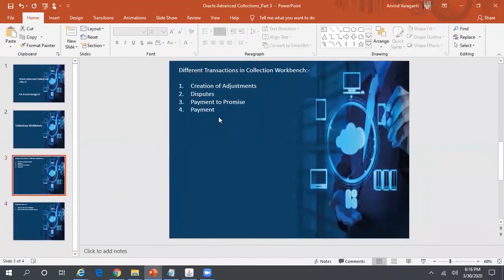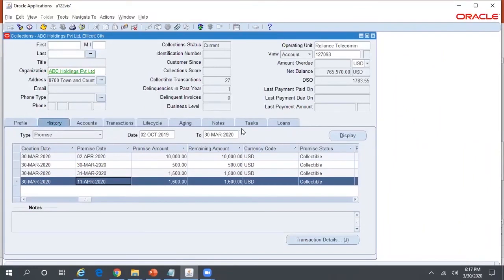The last one is about payment. Again, in the collection setup checklist, you have actually mentioned whether collectors are authorized to create payments. In our current case, we have set it as yes. If you want, you can go through my previous video wherein I had given the details of all those setup checklist values. So that's the reason why the collector should be able to create a payment within the collections workbench. When I say create a payment, that is basically whenever the collector calls, the customer can provide his bank account details or credit card details, and based on that, he can create a payment transaction, which is nothing but AR receipts.